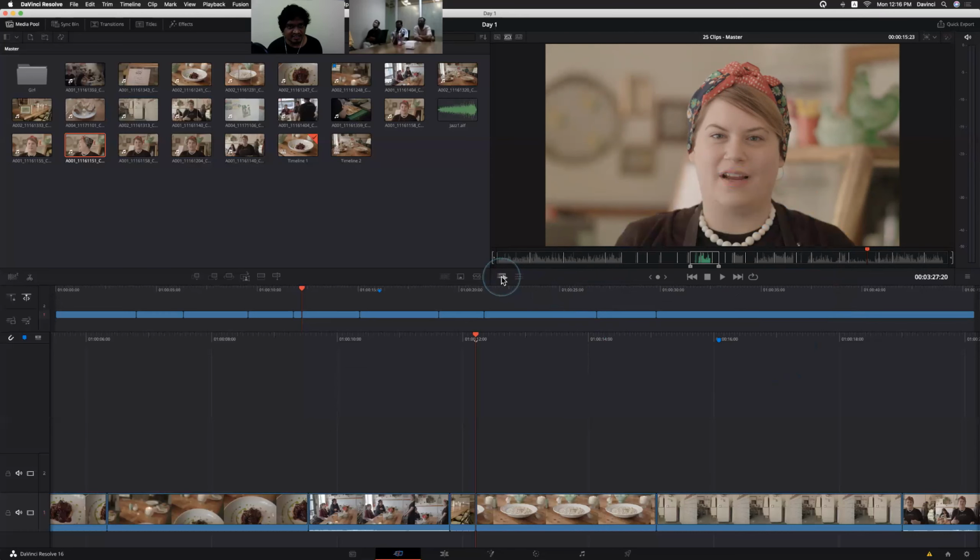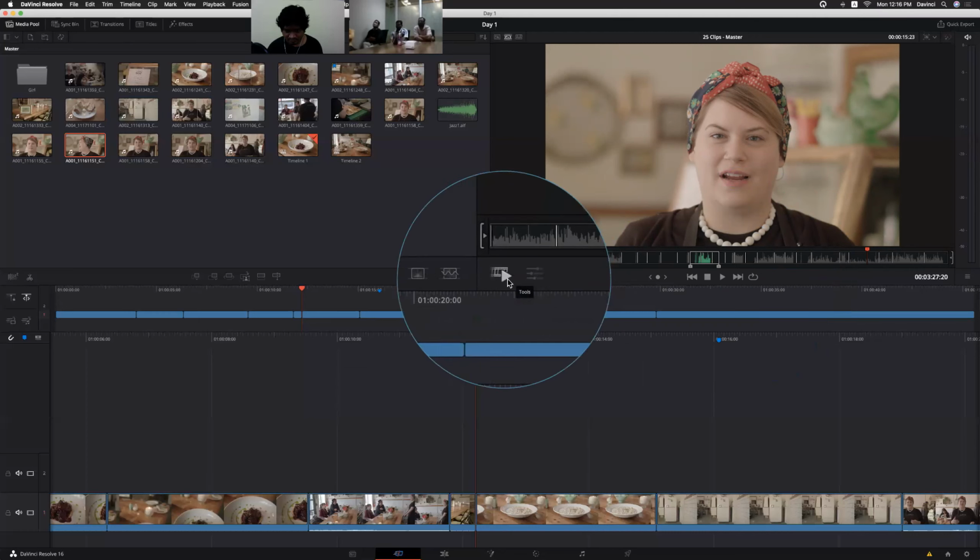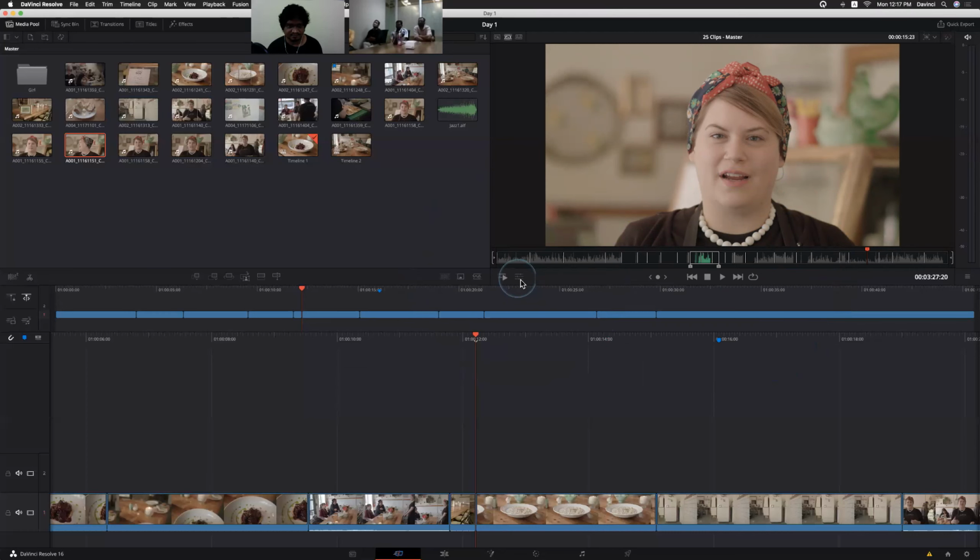But next to the fast forward window, we have the Tools option, right?